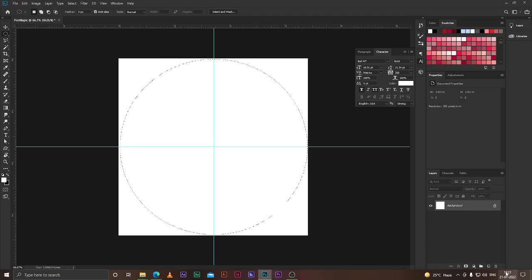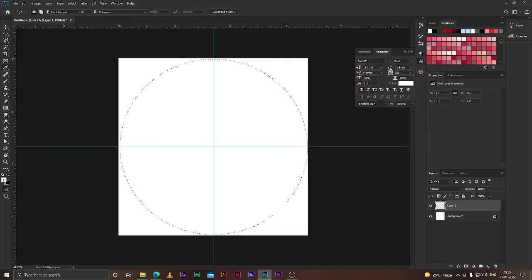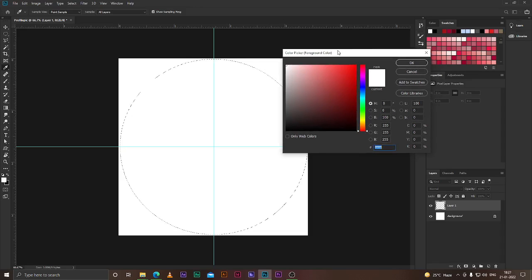Now we can create a new layer anytime, and let's fill it up with a gray color. Okay, why gray? Because we do not require any color over here. To put an exact gray, you need to click on this point in the color picker. You will see that this S has to be 0. There is an H, there is an S, and there is a B. H's full form is hue, and hue means color.